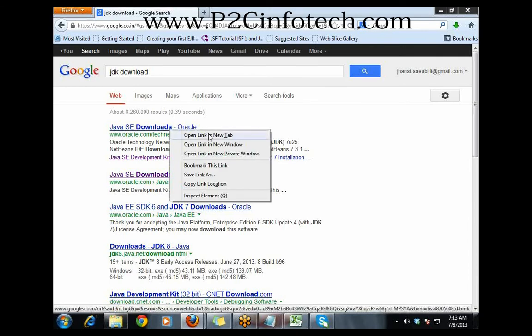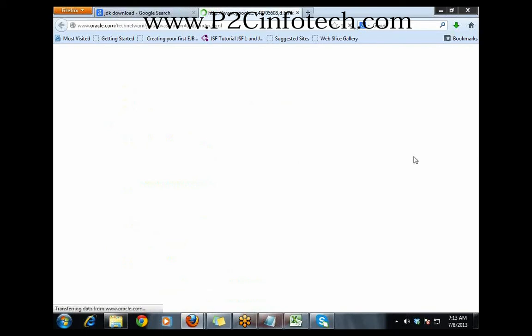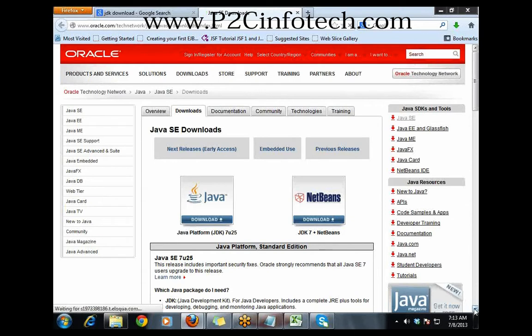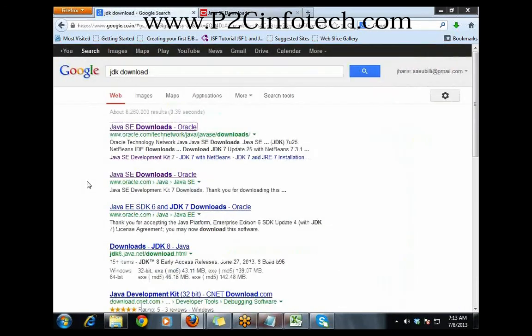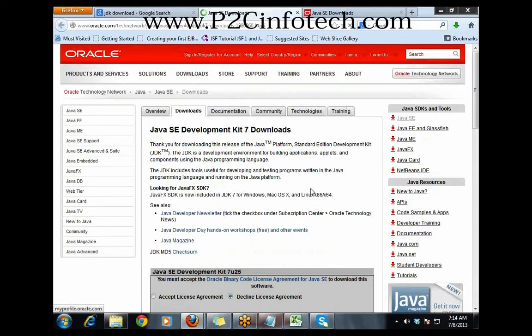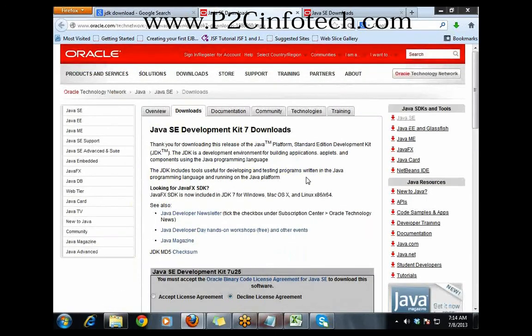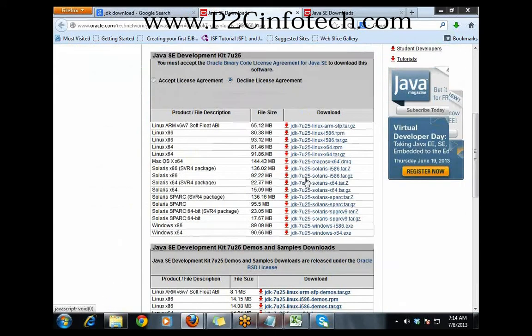Right click and open in a new tab. Here you can see there are two things: Java platform and NetBeans platform. We are using only Java, so go to Downloads, and in that choose Java SE. Or else, if you go to the second one, SE downloads, you may see a lot of options.